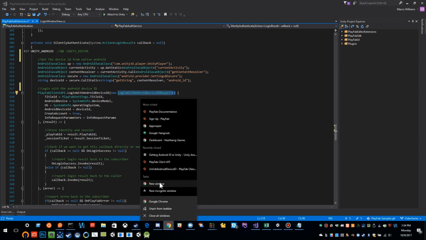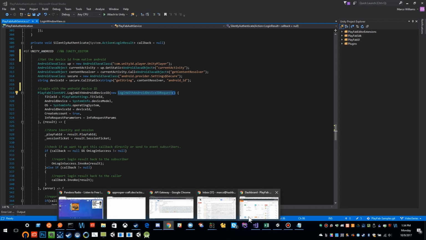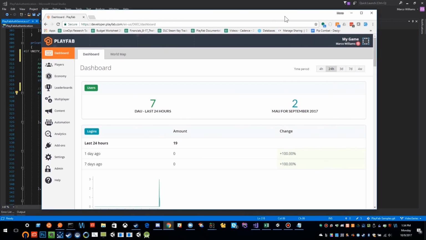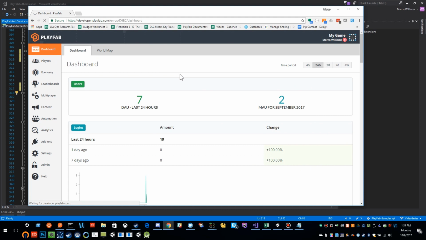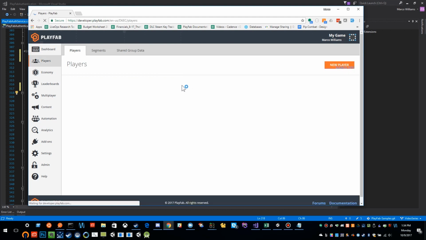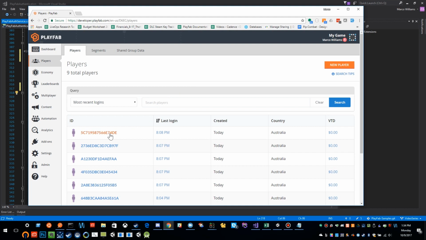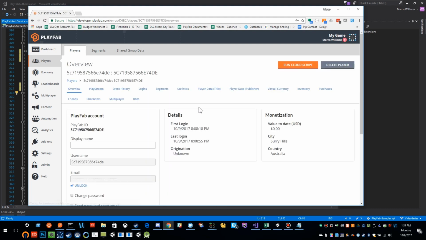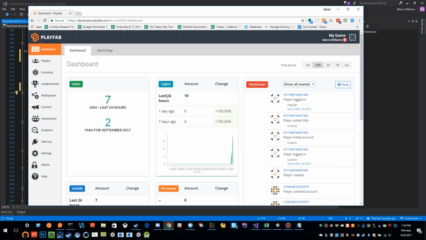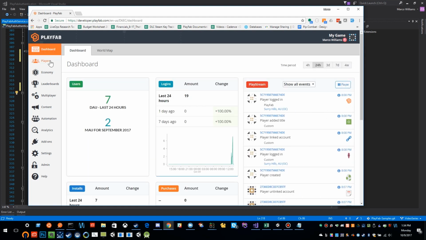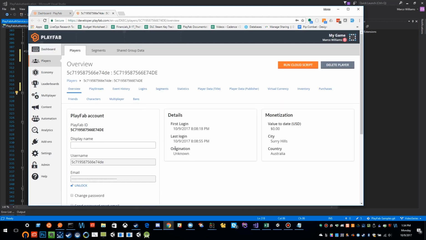So if I were to go to my PlayFab account and I look up one of these players here, you'll see the origination for that. I don't know why it's showing Australia. Oh, I'm logged into a VPN. That's why. So if we look at that, the player, the origination, because I'm logging in through the Unity editor,